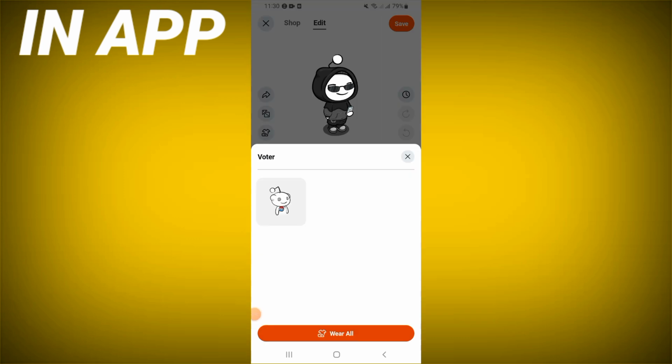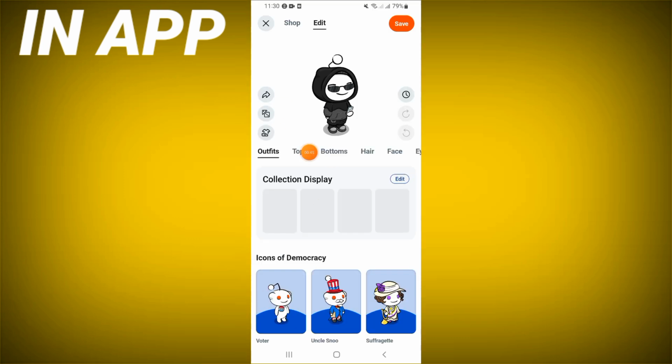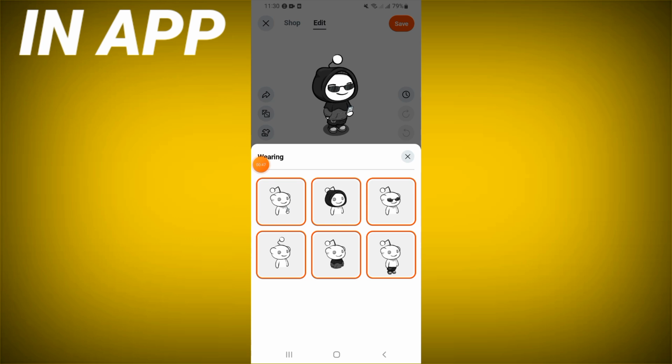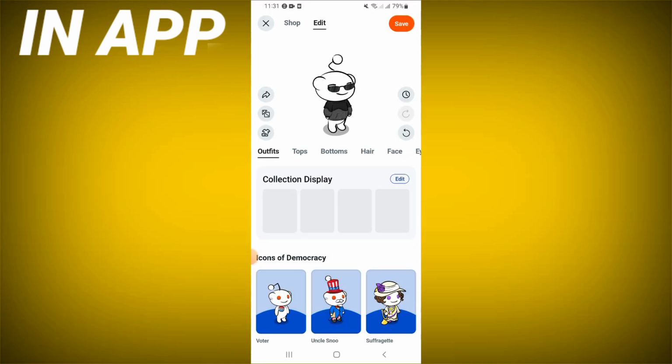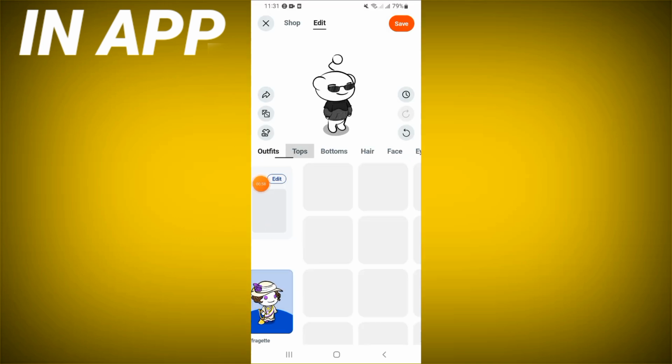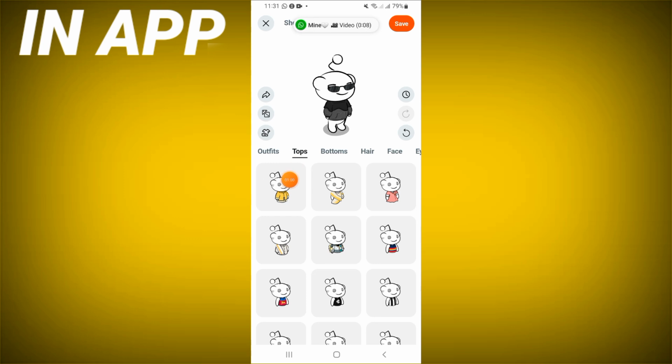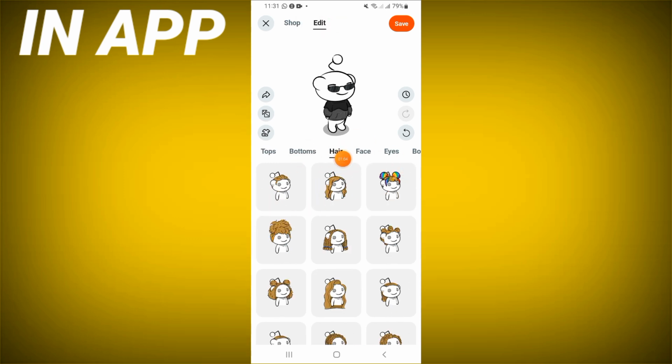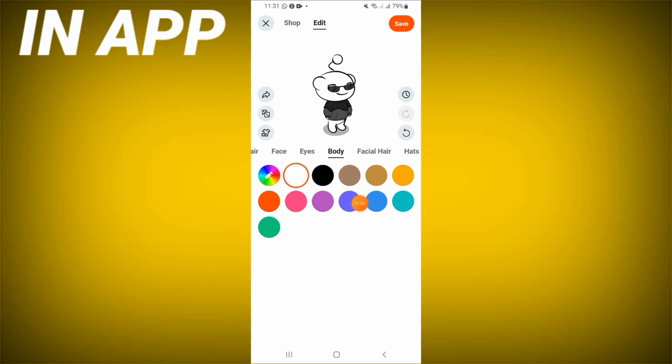I can use this. Here I can change the dress. It's almost free, and now just like this. And here you can change the outfit, the top, the bottom, the hair, the face, the eyes, everything. And guys, when you finish, don't forget to click